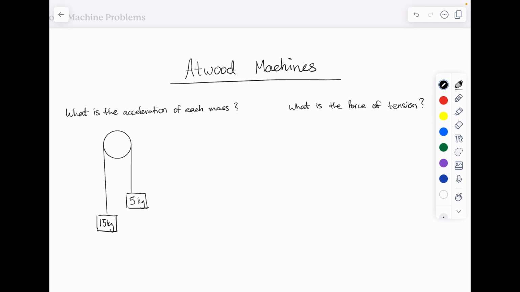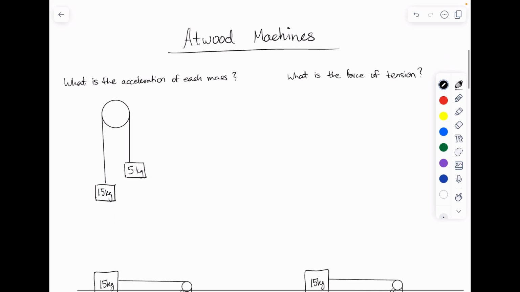This one's going to be focusing on Atwood machines. Atwood machines are just a fancy name for situations where you have maybe one, maybe two masses, forces involved, obviously, and there's typically some kind of pulley. So there could be one pulley, two pulleys, three pulleys, all kinds of situations. But we're just going to go over the most basic situations you'll see and how to solve them,